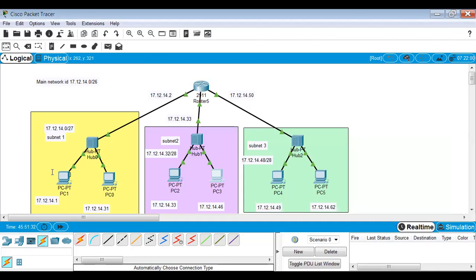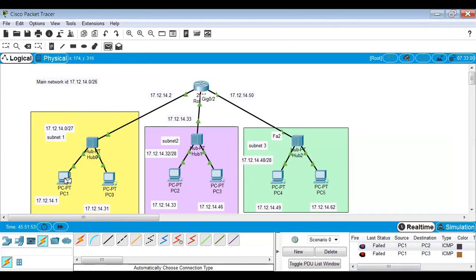Okay, now all the IP addresses have been set, all the gateway addresses have been set, and the router also has been configured properly. Now we'll see whether we can send a message. Okay, initially it fails because the route has to be identified.